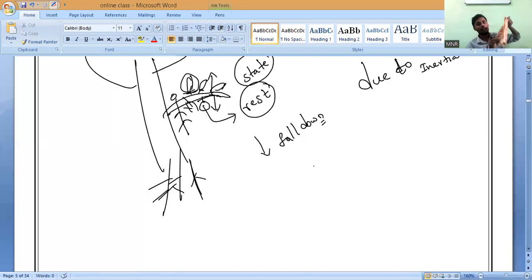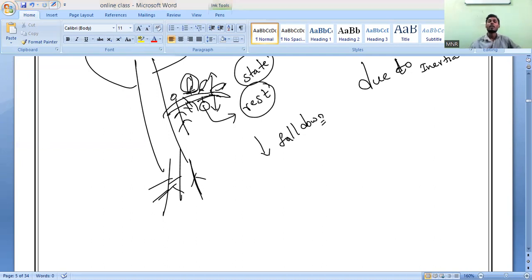Dust particles are in the carpet. This is the carpet. So the carpet I am hitting with a stick, so that carpet is doing to and fro motion. But the particles which are present here, it is having dust particles. So when I hit, the carpet will go back. But still the dust particles will try to maintain what state? State of rest. That is what it will be maintaining, a state of rest.